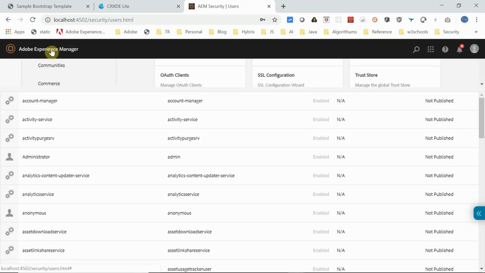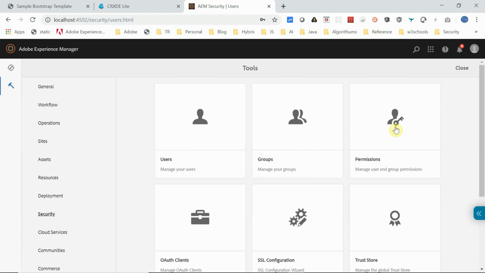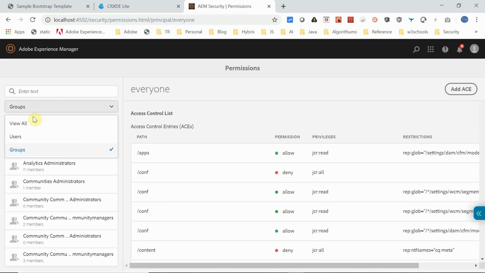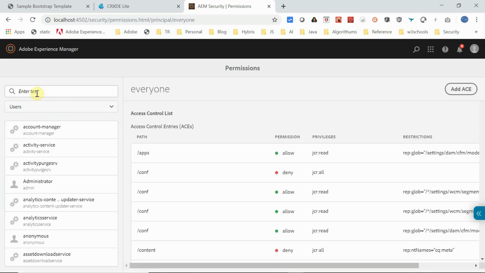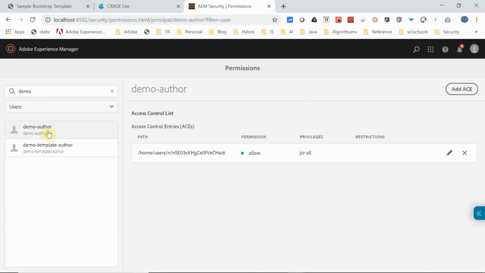So go back, again to permissions. Select the user. I am going to directly provide the access to the user, demo author.